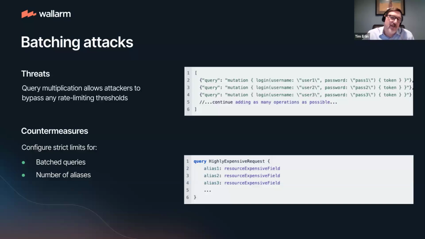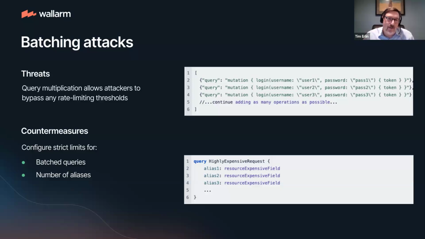And there's another concept that GraphQL supports, which is the creation of aliases. This is a benefit for the developers or clients of the API: if you're repeating a query against a particular object, you can alias it so that it's easier to parse the responses. But both of those things, the aliases and the batching, also give attackers the opportunity to